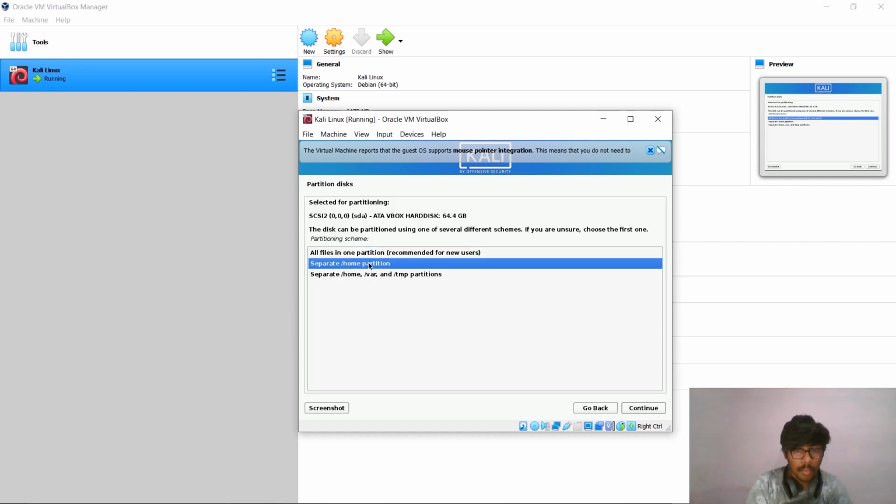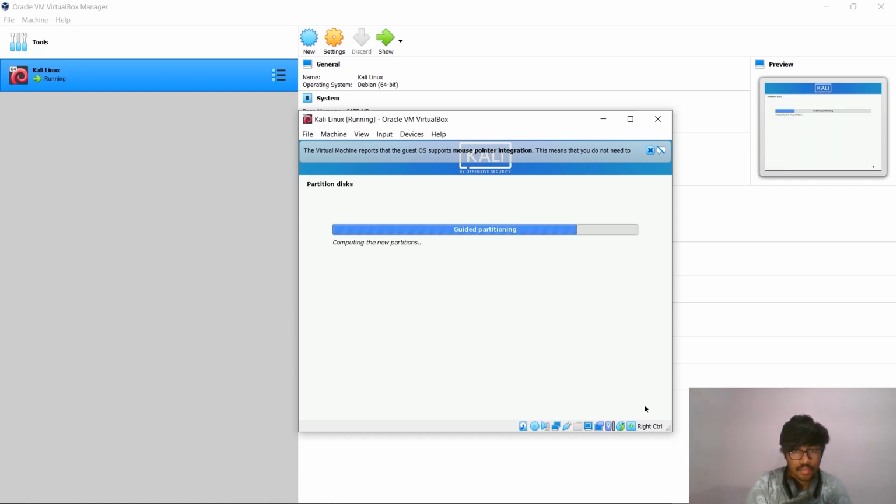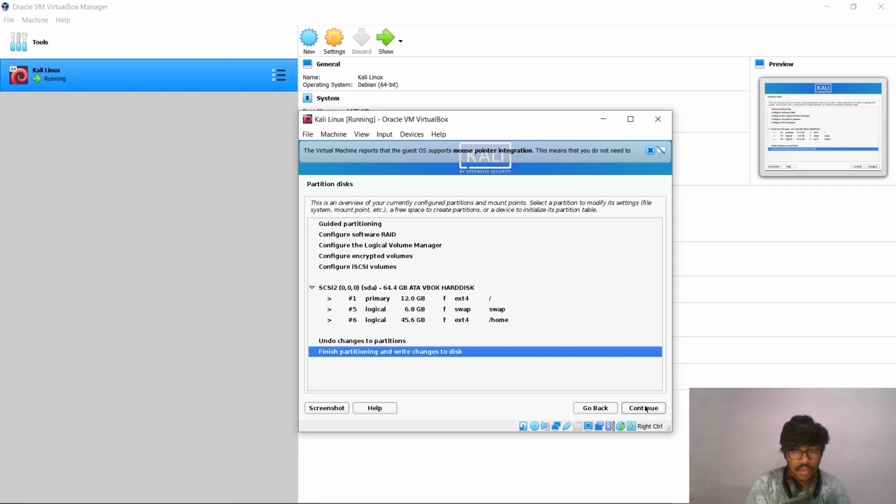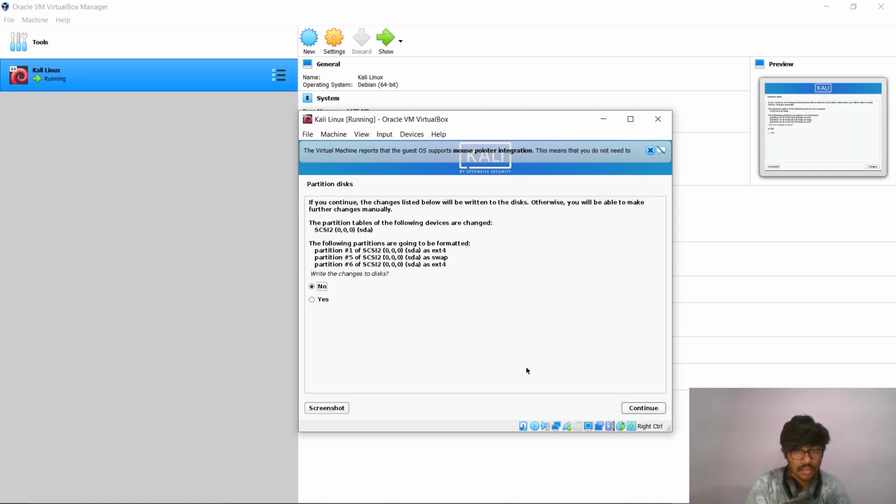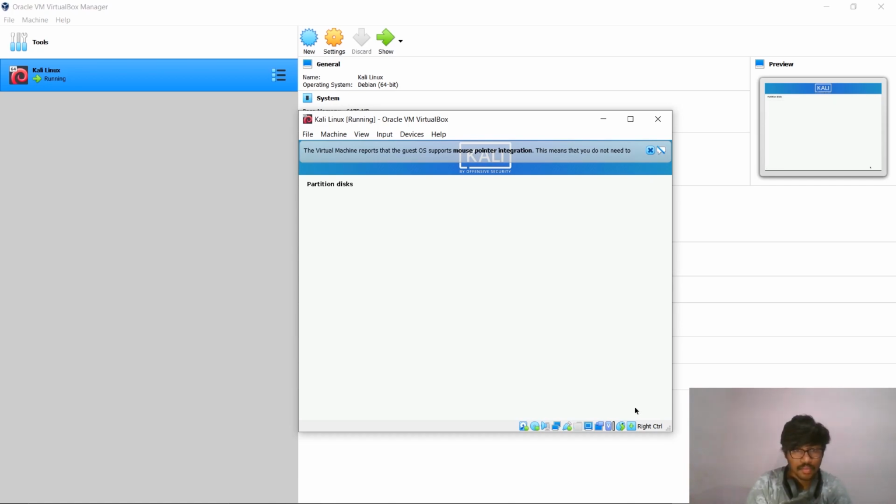Select separate home partition. Click on continue. Select yes and click on continue.